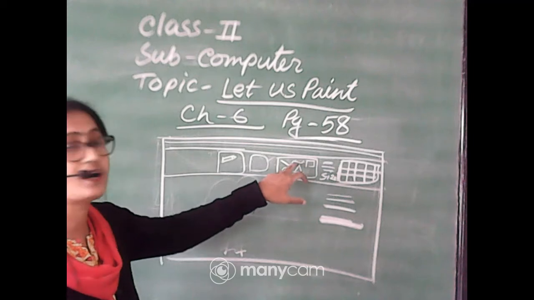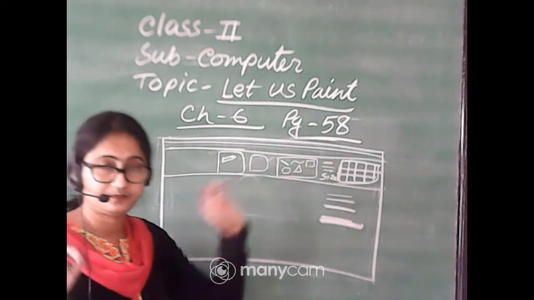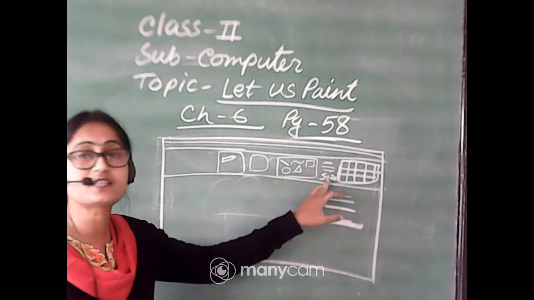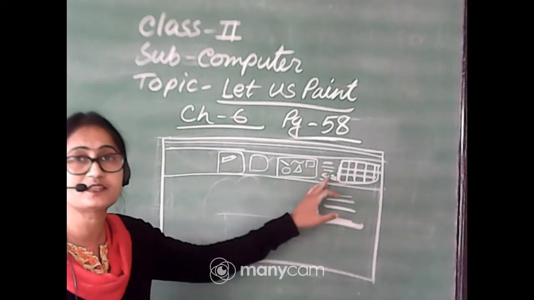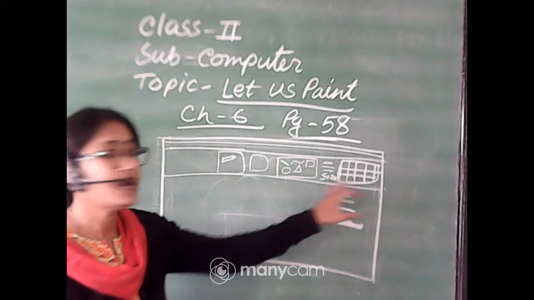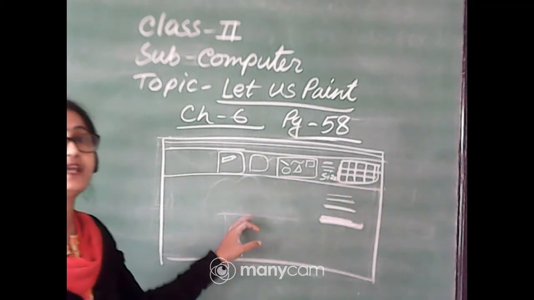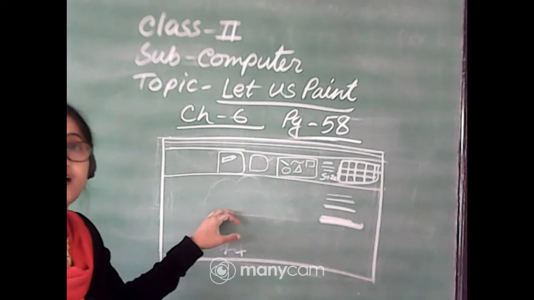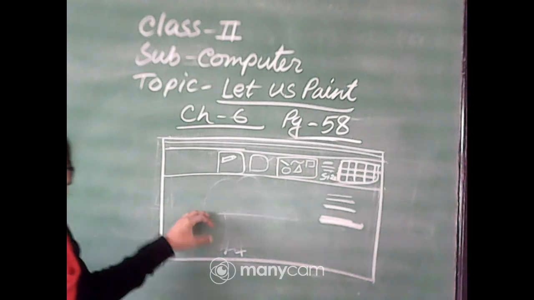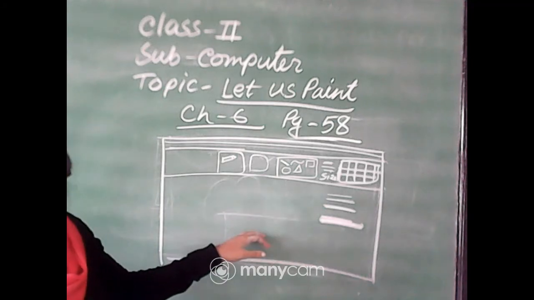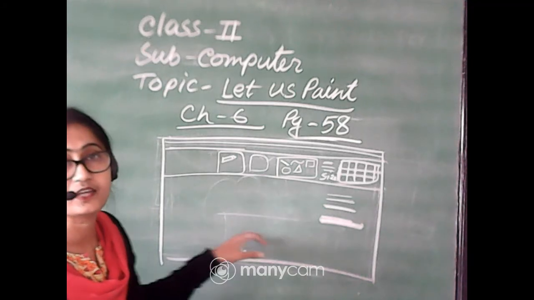After choosing the curve tool, if you want to choose the thickness of the curved line, you can choose it from the size button, and if you want to choose any color, you can choose the color, and then bring the mouse pointer on the drawing area, then click and drag the pointer to draw a line, and then